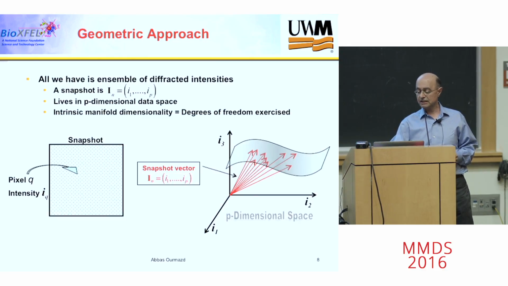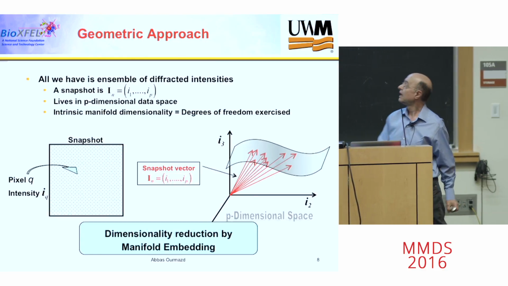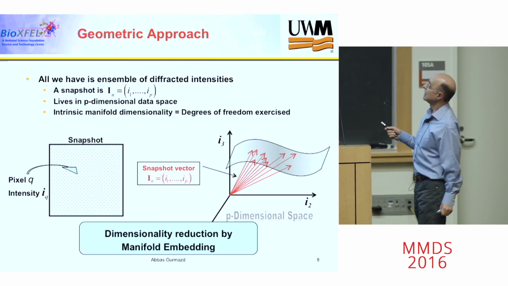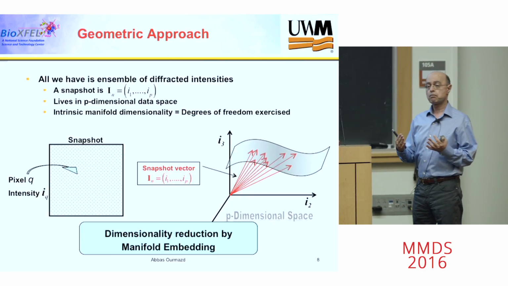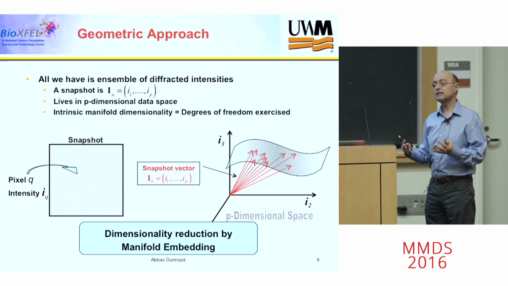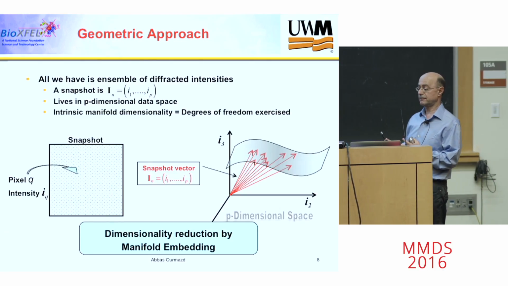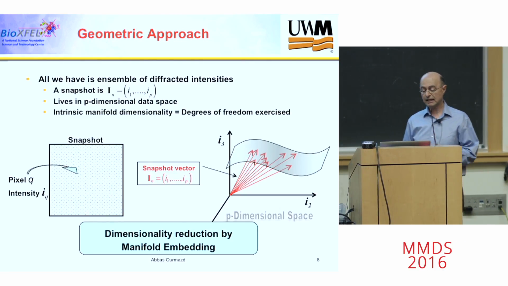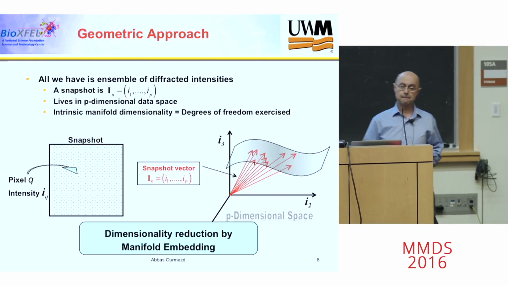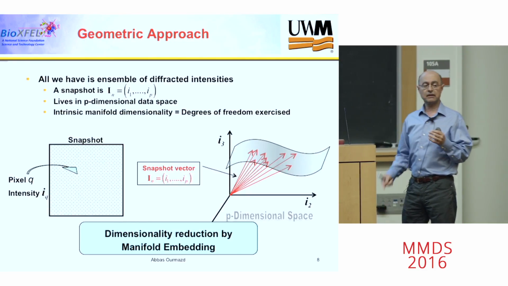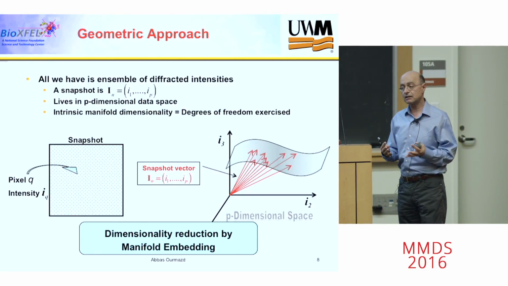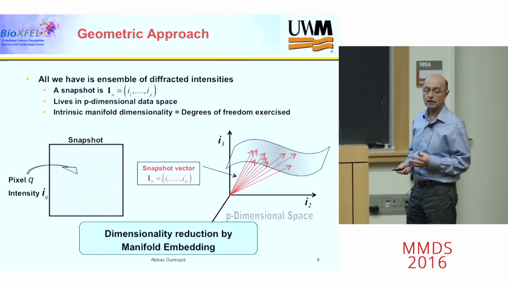Now, the dimensionality of this manifold directly tells you about the number of intrinsic degrees of freedom exercised by the system during observation. So you can already glean a good deal of information from that. However, ideally what you want to do is to extract and understand the information content represented by